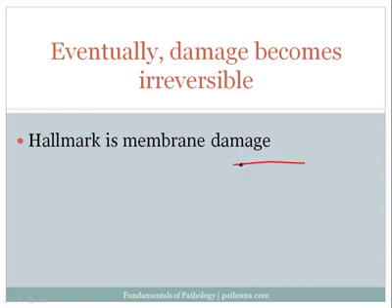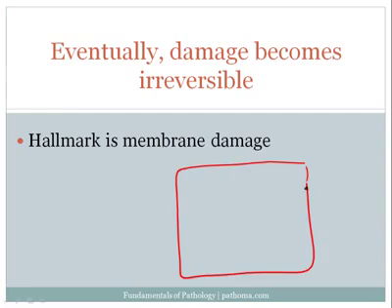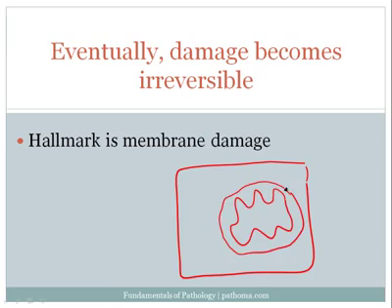Now, let's go back. So this is going to be a cell here, and we know that within the cell there is a mitochondria. I can just draw it like that. Let's just pretend that's the mitochondria. And the mitochondrial membrane is important for two reasons. Let's remind ourselves about one thing. First of all, let's ask a question, and it commonly shows up on exams. Where is the electron transport chain? The electron transport chain is on the inner mitochondrial membrane. That's something to burn in your brain. Inner mitochondrial membrane. And so if there is damage to the inner mitochondrial membrane, that's going to be permanent.